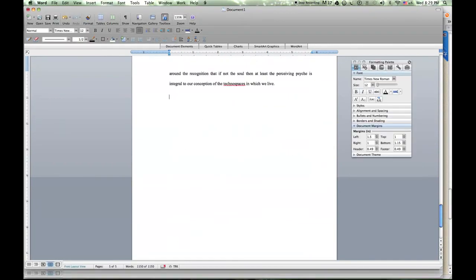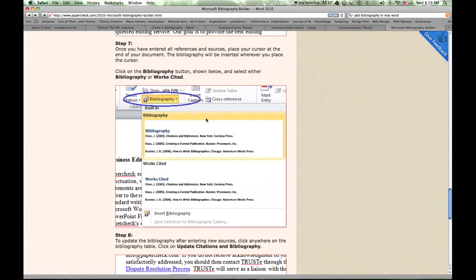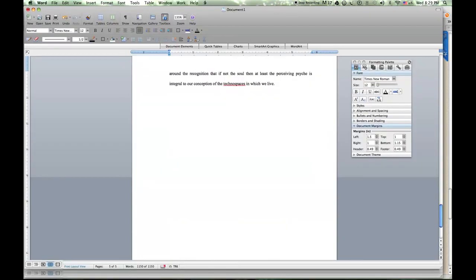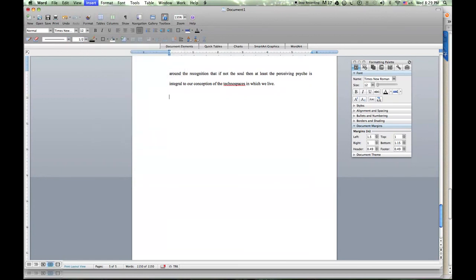Right, so to insert a bibliography, that is a list of all the references that you have used in your research document, it's a simple process. In the Windows version of Word, you need to go to the same place, insert citation. You just have a bibliography section. Just click on that and choose which type of bibliography you want. Now in the Mac version, I probably have to go to the insert menu, document elements, and bibliography.